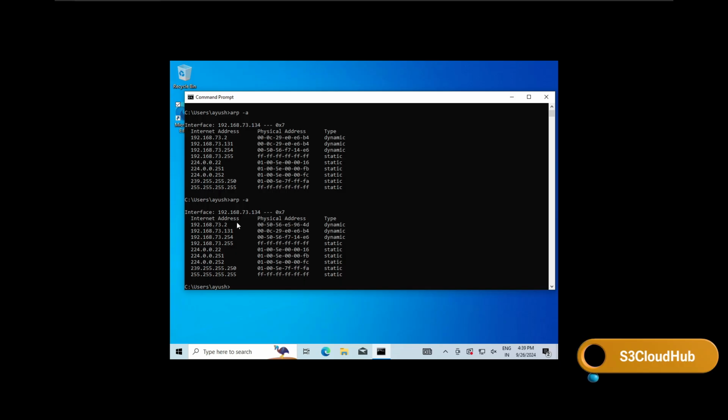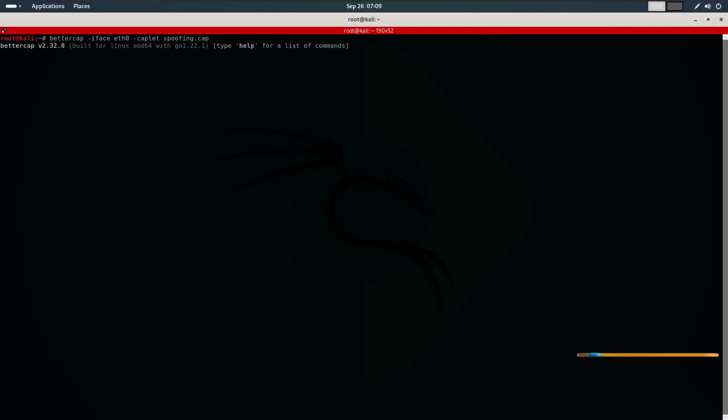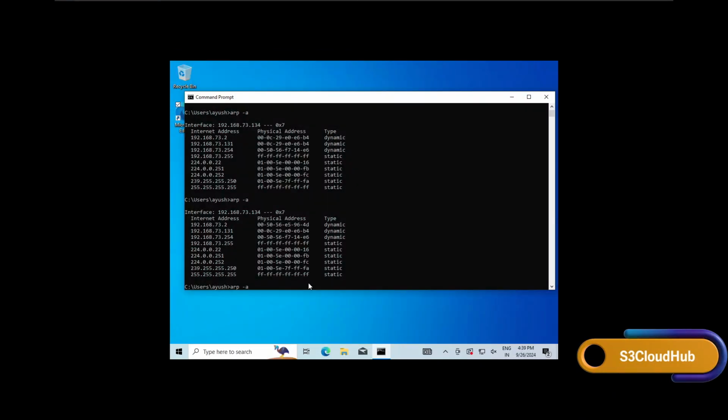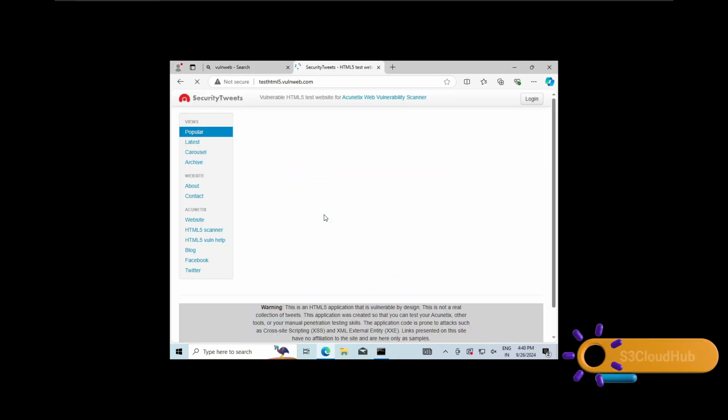Now when I run the caplet, the ARP spoofing runs on the target machine, the ARP table updates and you can see that the MAC address of the router has been changed to that of my Kali machine, meaning we successfully performed the ARP spoofing attack. Just to confirm it's working, let's go back to our test website and I will log in